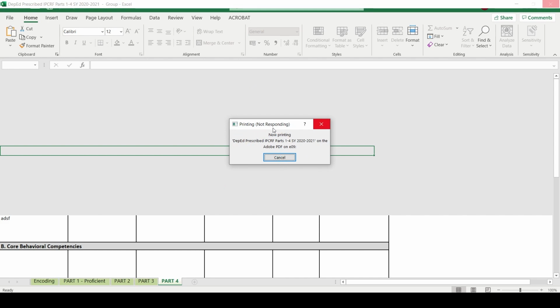You have printing not responding as of the moment. So if that happens, you can actually redo it or just wait for the macros to work. Okay, so this is sometimes the problem with macros because they're not compatible with some of the computers. So you just have to work on that. If it doesn't work, just go ahead and press Control P for each of the sheets, and you will have a copy of that. And you need to actually forward this one to,